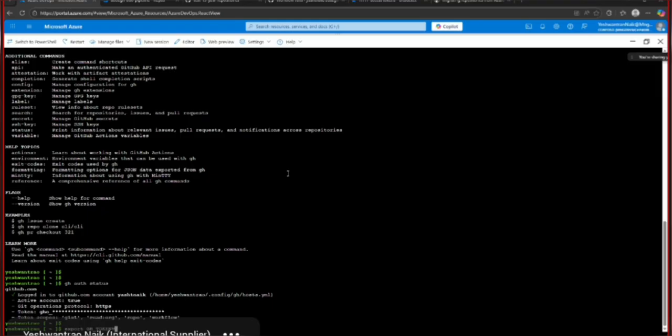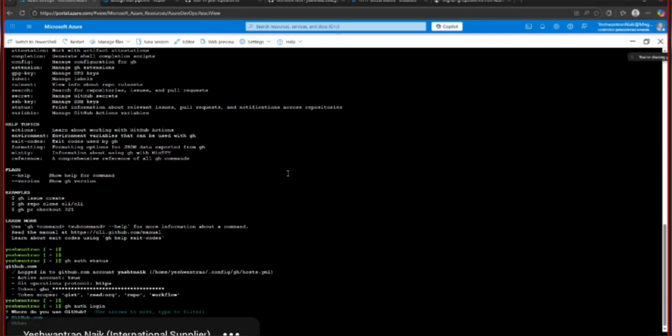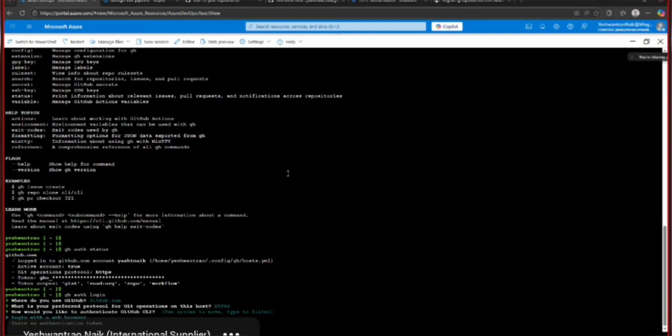Once you have the token, you just have to export it, and it will automatically log in. The other way is to run gh auth login. It will give you these options, and either you can go by the web browser or paste the token here. If you do this, you just have to click on this link and copy this code,